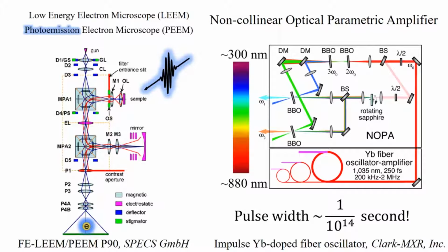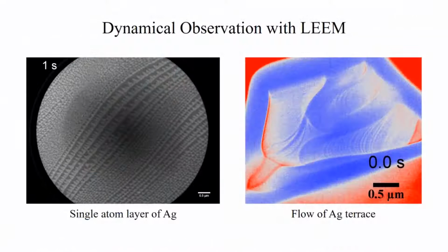timescale. To produce such short light pulses and tune into plasmon resonance, we use a wavelength-tunable femtosecond laser system, which works on the non-collinear optical parametric amplifier principle and is pumped by an Impulse fiber laser system manufactured by Clark-MXR. The plasmonic structures that we study are grown in situ by silver atom evaporation onto a